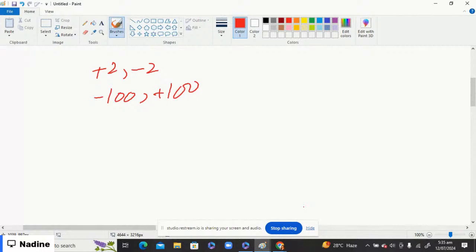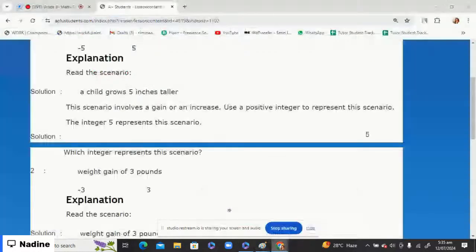For example, look at here the question, they are saying weight gain of 3 pounds. If your weight is gained, so it means what sign you are going to put, plus or minus? You're going to put the plus sign. Plus 3 is the answer. Okay,